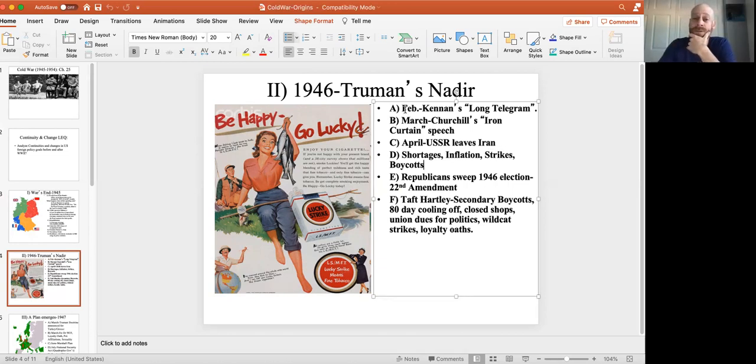There were warnings. People like George Kennan, who was the US ambassador to the Soviet Union, was asked by President Truman, why is Stalin being so difficult? And Kennan wrote an extremely long telegram, hundreds of pages long, and sent this back to Truman saying, I think that people have forgotten a lot of the history of the Russian Revolution and this difficult relationship.